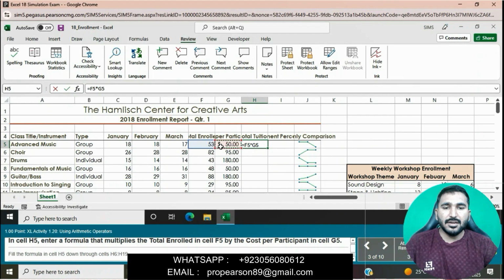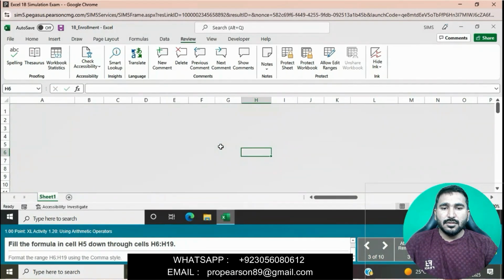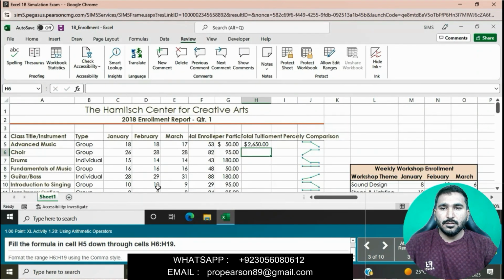Then press enter. It will find the total tuition fees in cell H5. Fill the formula in cell H5 down through cells H6 to H19.